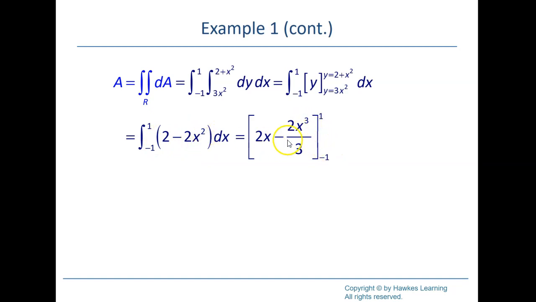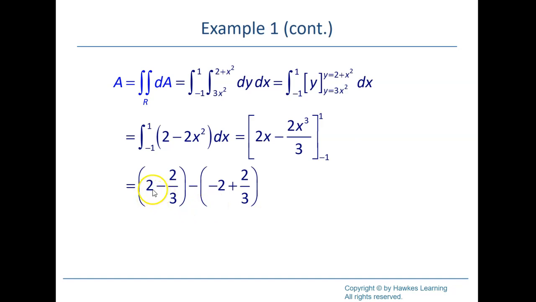All right, plug in 1 for the first one. I'll have a 2 and a negative 2/3. Plug in -1, I'll have minus -2, which would be plus 2. Minus, I'm subtracting because of the integration, but I'm subtracting also because of the definite integration. So it's minus a negative 2/3 and subtracted from the positive 2/3. That would be a plus,